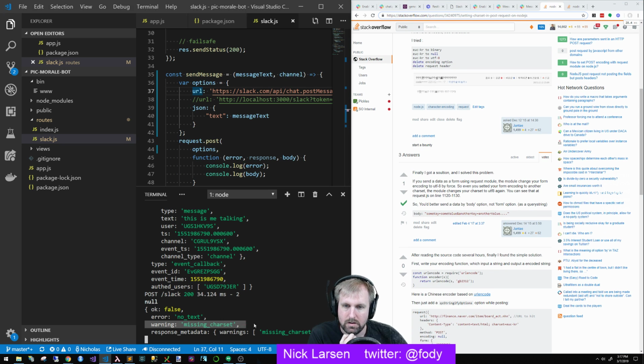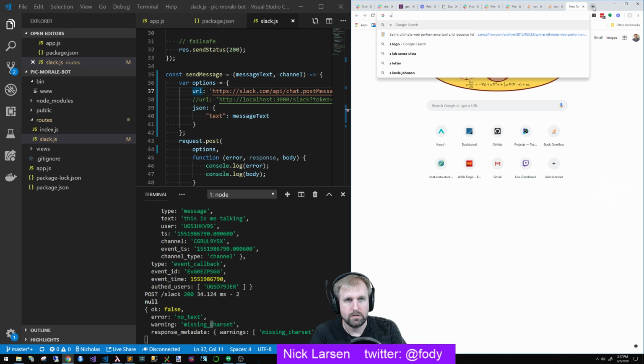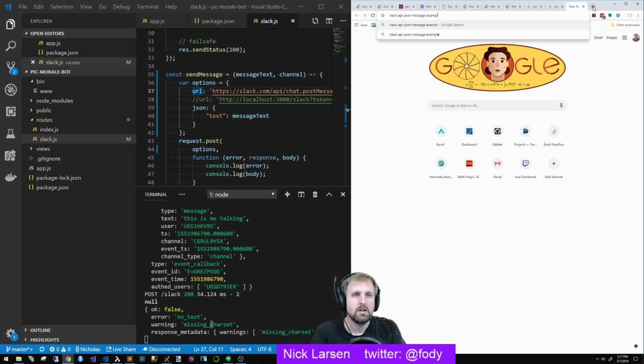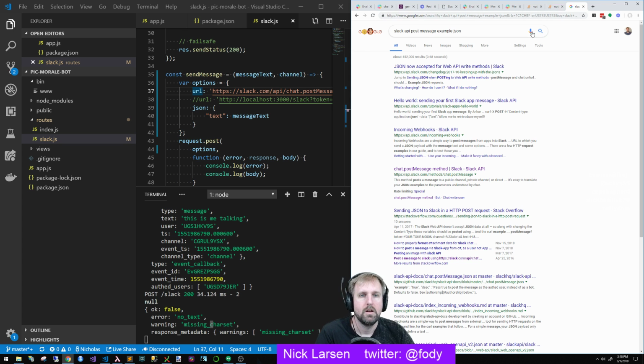This is example. Okay, Slack API. That's right. You just start Googling exactly what you're doing. Slack API post message example JSON. And I don't want anything